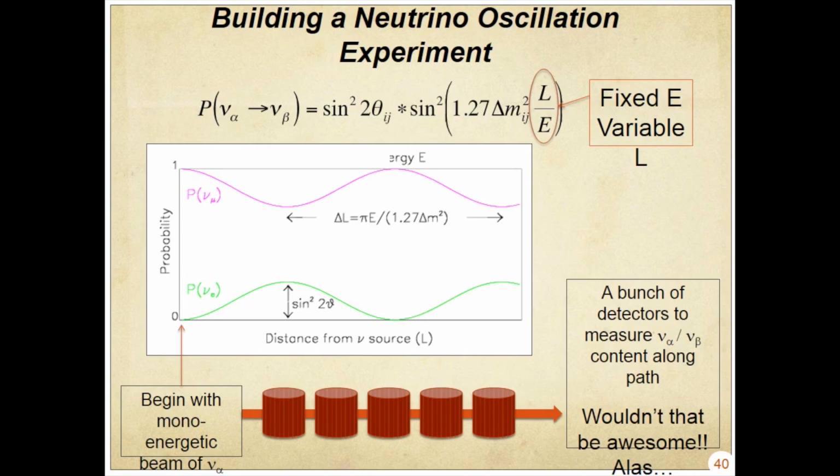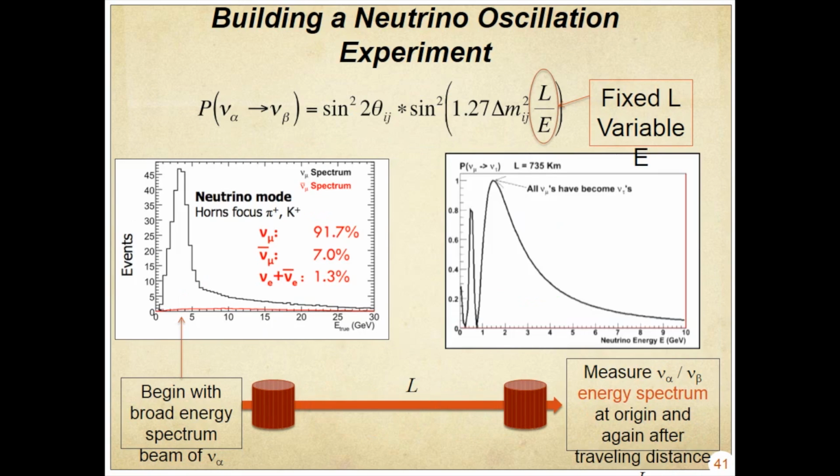So this is the ultimate neutrino experiment. You build a monoenergetic beam, and then you build a bunch of detectors, and you would just map that out. You would see a few more events here, even more here, then it would go back down. That'd be sweet. That'd be really expensive. But it would be great. They won't let us build that. So instead, what we do is we build a neutrino beam that has a spectrum of E. Instead of having a fixed E with a variable L, I'm going to have a fixed L with a variable E. I'm going to have a spectrum of neutrinos, but I'm only going to put a detector at one place and sample that sine wave. But what I expect is to see a distortion in my energy spectrum, rather than this beautiful distortion as a function of position.